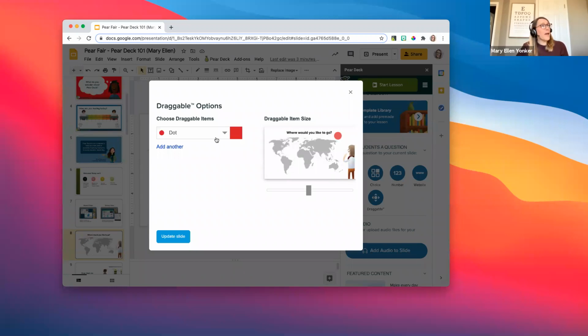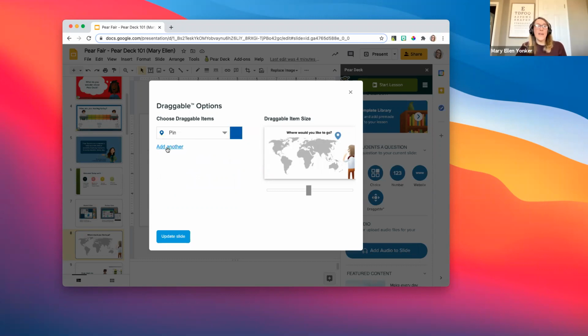If I don't want to use a red dot, I can look over here and use the drop down arrow and see what my options are. So the first category is some icons that have arrows and flags, a map pin. There's another category for math operations. Then we've got numbers, some fun icons, people, a fish, even a taco. And the last one is punctuation. So if I don't want to use the dot, I can use this pin since this is a map. And if I don't want it to be red, I can click on that color and choose a different color.